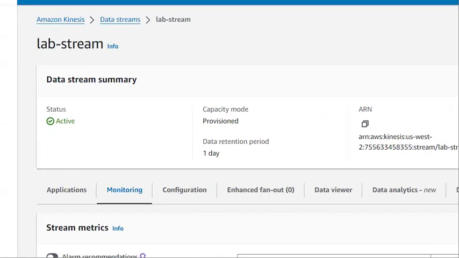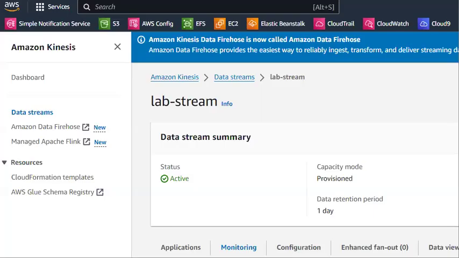In real time, what we do is, from producer applications we produce our data, and by using these API calls, or the Kinesis Producer Library, or the Kinesis agent, we generate our records and put them into Kinesis data streams. Then we analyze that data,